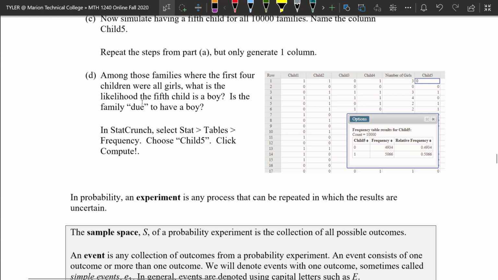it says, is the family due to have a boy? So what this table represents is a frequency table for child 5. So notice, 0 is having a girl and 1 is having a boy, and the relative frequencies are about the same still, right? They're both right around 0.5, right? So the answer would be no, right? The family's not due to have a boy. Just because you've had 4 children, your 5th child's going to have the same likelihood of being a boy or girl,